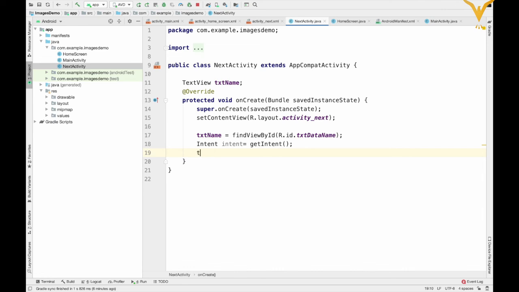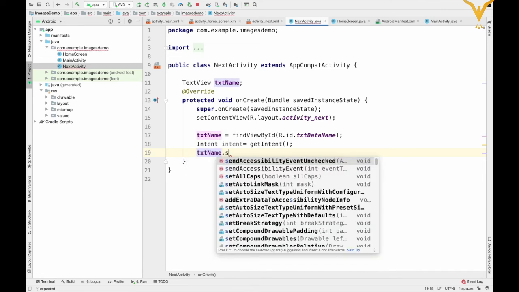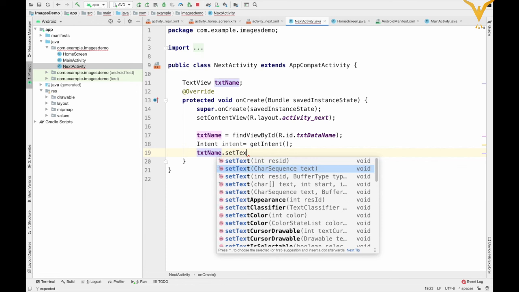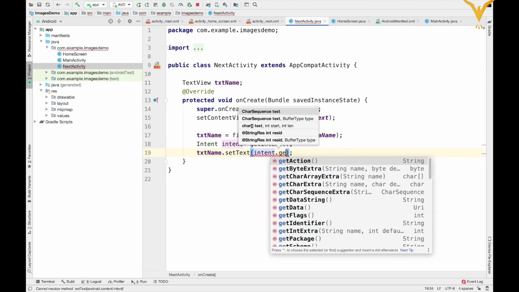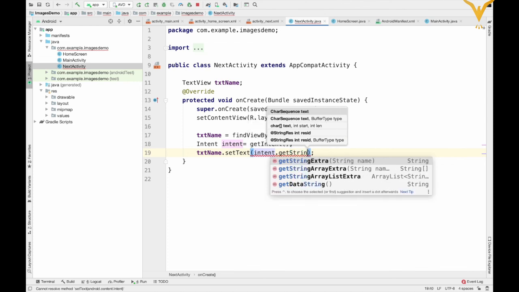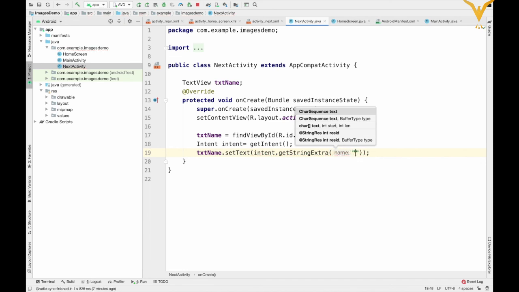So txt name dot set text, we'll use this method because we are using string to set the text. Here we will use intent dot get string extra because we have used method with string name and string value, and pass name which is given as name.